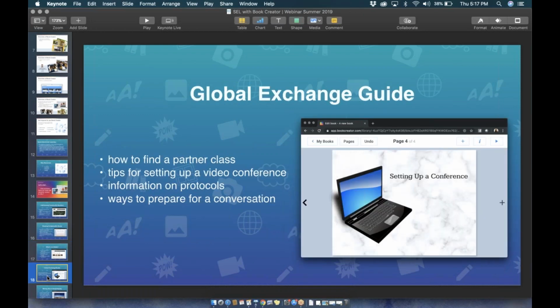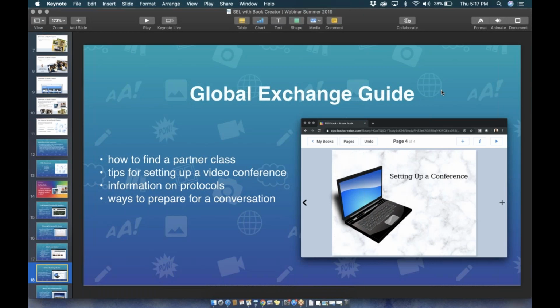Now, you might also have students participate in a global exchange. This is an idea that came from Jennifer Williams, who's so wonderful, and is also just like the last activity. I've shared her information in a special resource we'll talk about at the end of today. Now, for this one, you might have students create a guide after or before a global exchange that they're having so that they can think about what needs to happen in order to be successful, but then also provide a guide for someone else who might want to try out this experience in their classroom as well.